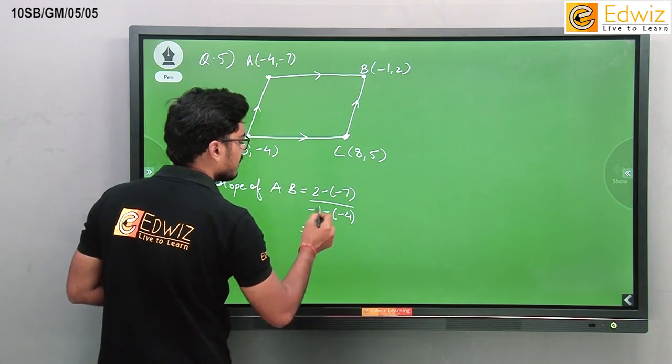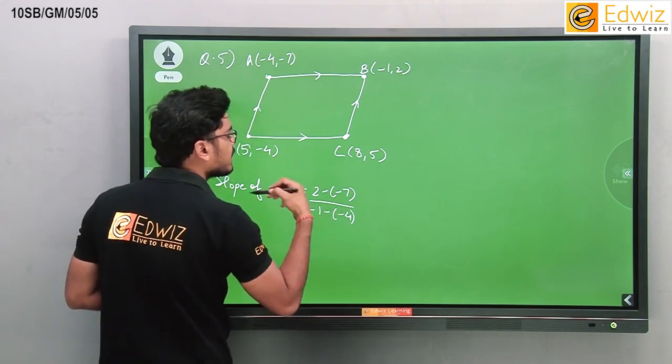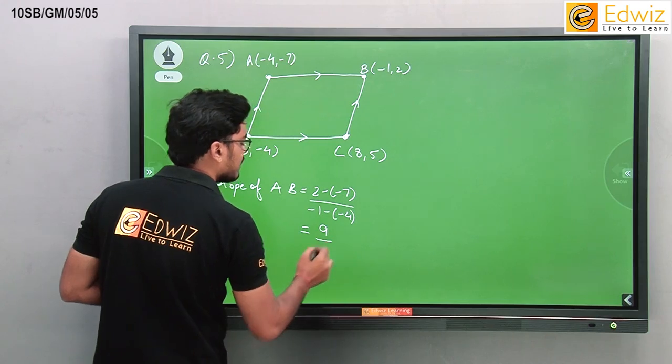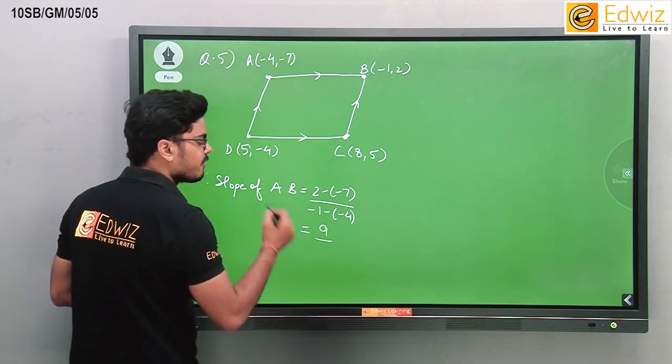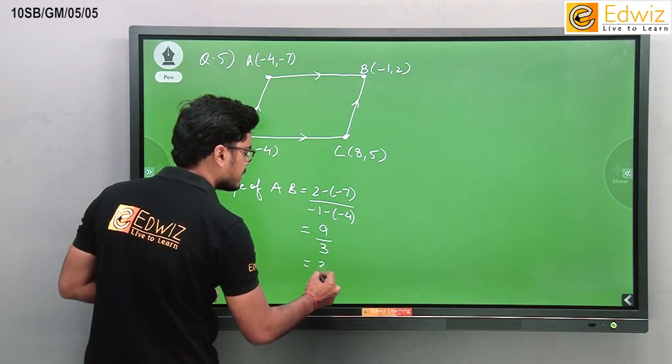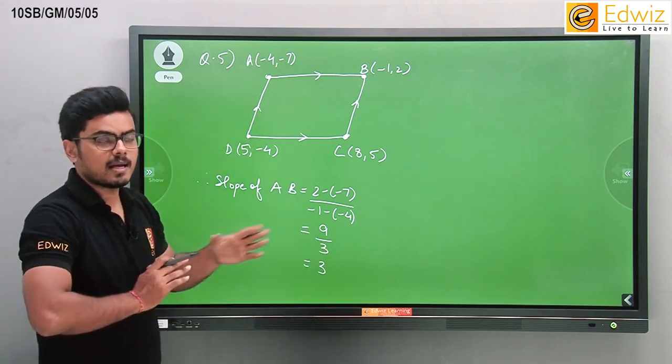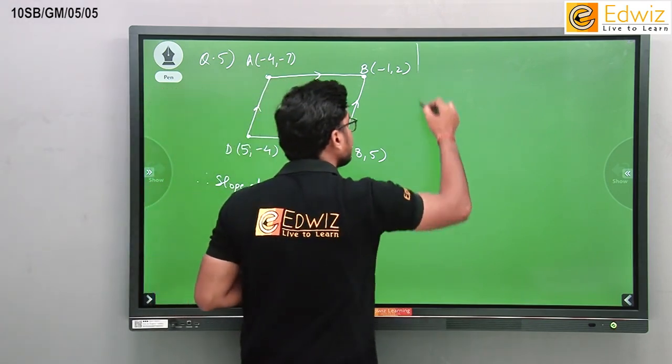Okay, so this will be equal to 2 minus minus 7, which becomes 2 plus 7, so 9, divided by minus 1 plus 4, that is 3. 3 3s are 9. This is the slope of AB. Okay, similarly we will find the slope of